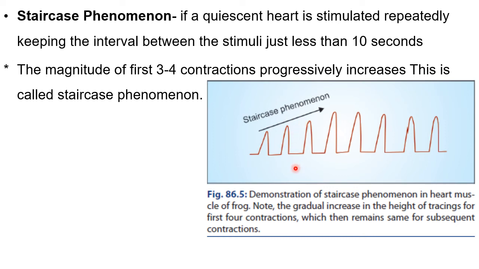For example, if 10 calcium molecules were released in the initial contraction, and a stimulus is given immediately within 10 seconds, then additional calcium ions would be released, somewhere around 10 to 15 calcium ions. These are hypothetical values. So now roughly 20 to 25 calcium ions are there, which would help in better interaction of actin and myosin, and better contraction, which would increase the force of contraction. That is the molecular basis of this staircase phenomena.